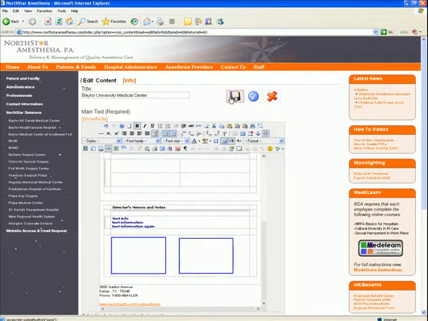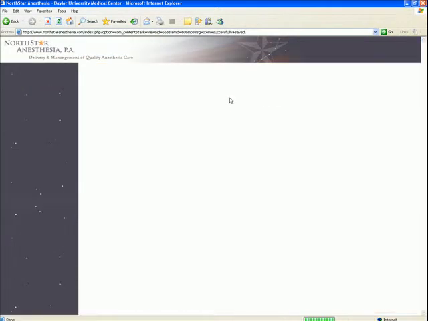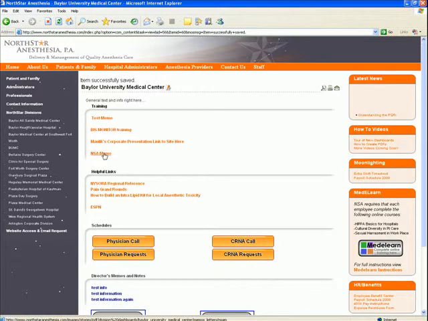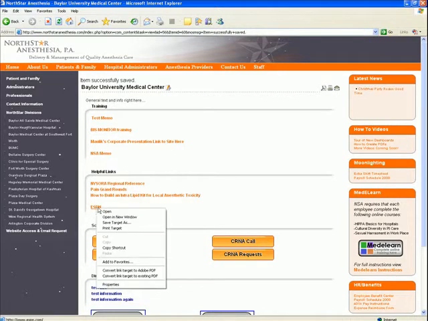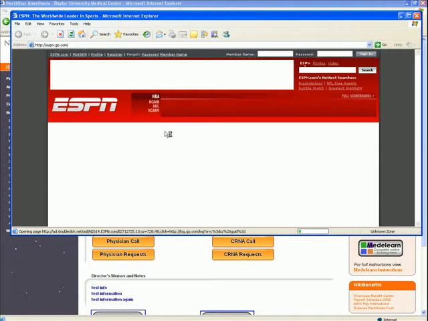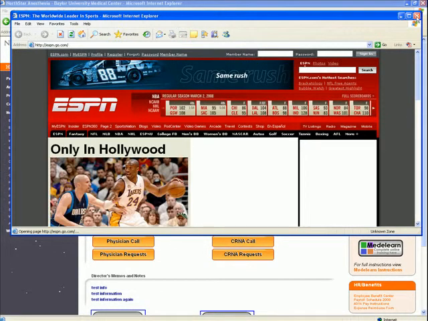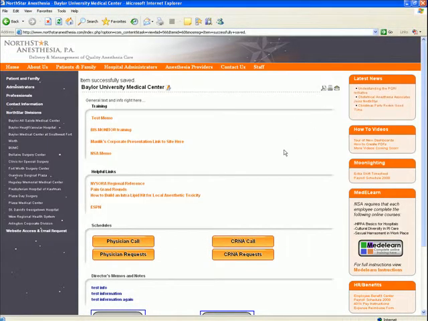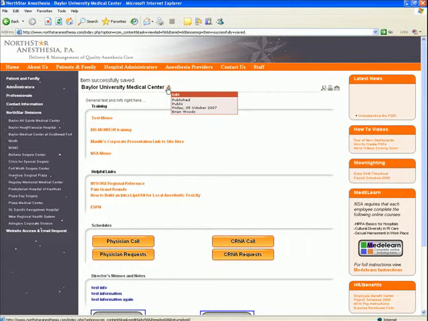I hit save, and you will now see that on our division dashboard we've added a memo here, which I could have added in any location using the same technique, and I've now added a link here to ESPN. So if I right click that and I say let's see that in a new window, well, certainly here comes ESPN, which of course you would not watch while you're on company time, but you get the point of how to add memos and how to add links using this very simple edit